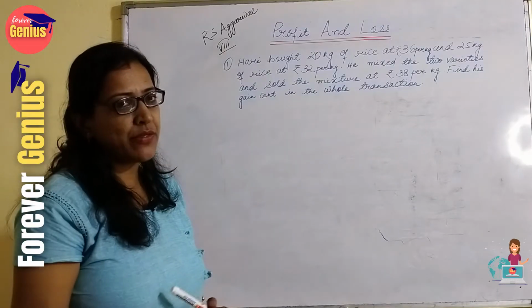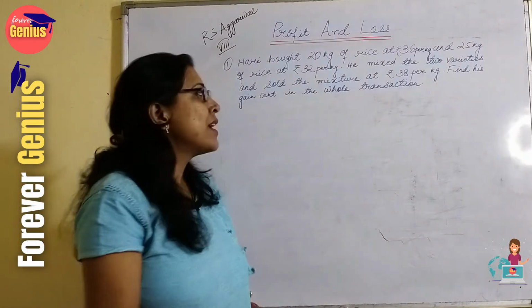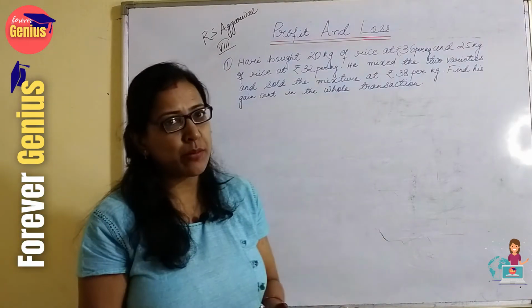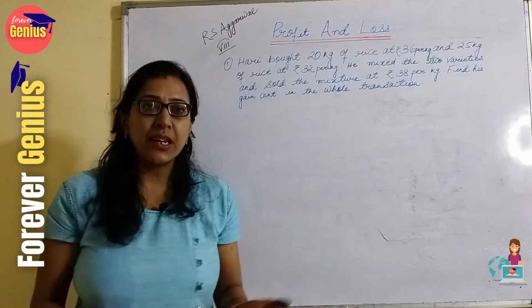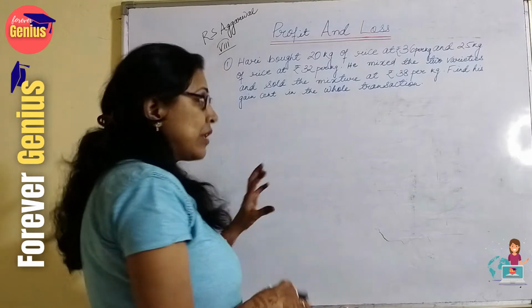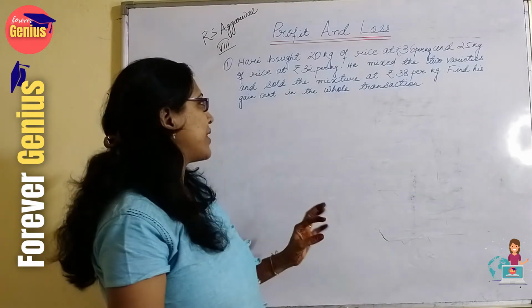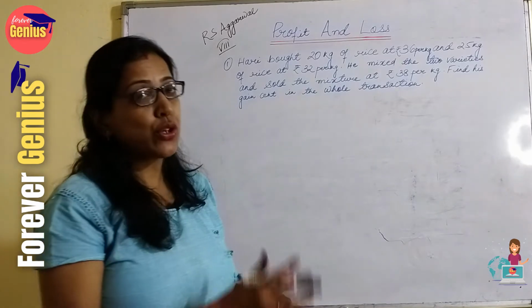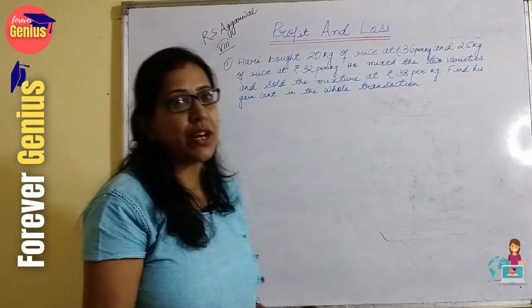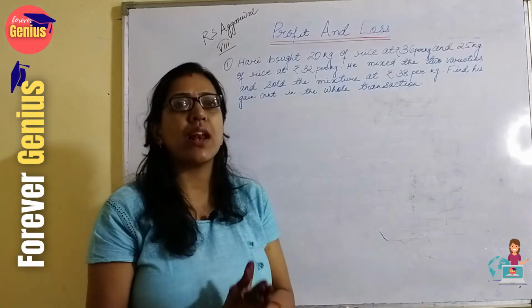In our previous videos, we have learned how to calculate cost price, selling price, its percentage, and comparison between two. If only the selling price is given, how to find out the cost price. Now, a different type of question, a new type of twist in the question. What is that? See, when two commodities purchased at different rates are mixed, generally this happens in our day-to-day life.